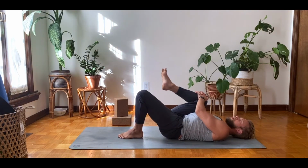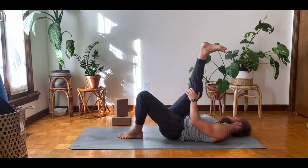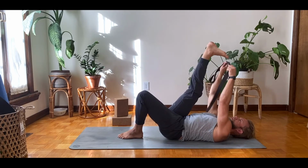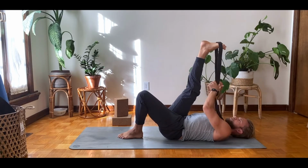And then bring the right ankle up to the sky. So you're opening the knee joint a little closer to 100 degrees or so. And this is where you could start using the yoga props. So you can take a strap around the ball of your right foot and then hold it loosely with your